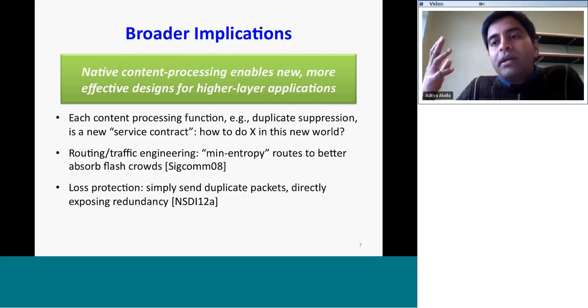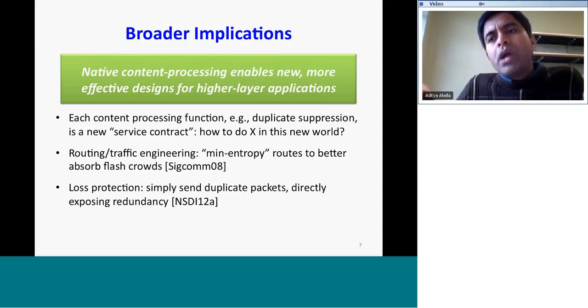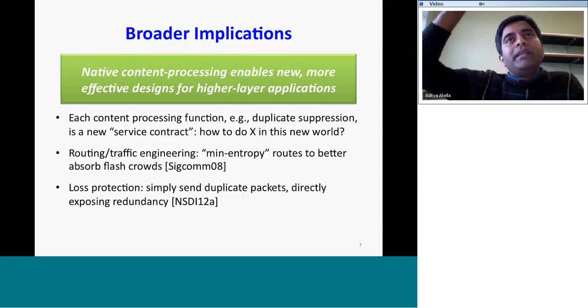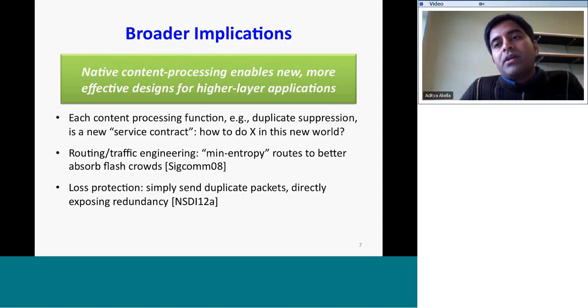So in that new world where you have these kinds of content processing functions inside the network, some interesting questions arise, such as how would you do X in this new world, where X can be something traditional like routing or things like loss protection. So how do you do routing today, right? You have a graph, traffic needs to go in this graph between some entry point and some exit point, and the typical way to do this is to pick shortest path routing, something that minimizes the stress on bandwidth. But in a world where you have this network, the set of links and routers suppressing duplicate content, you would no longer go with shortest path routing. What you may desire in its place is minimum entropy routing, right?